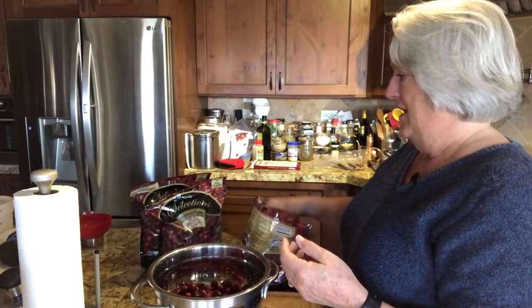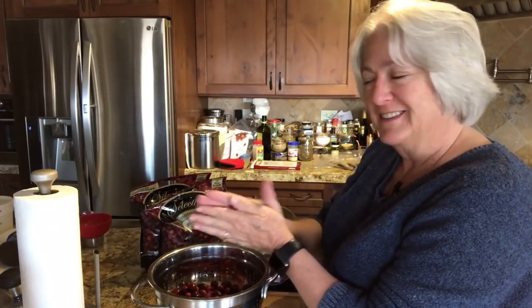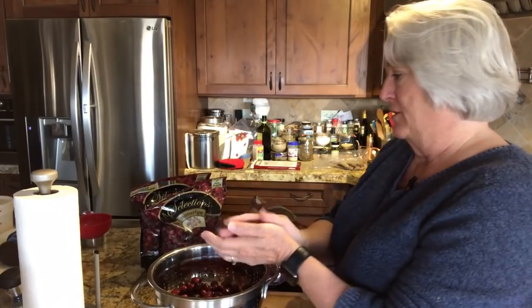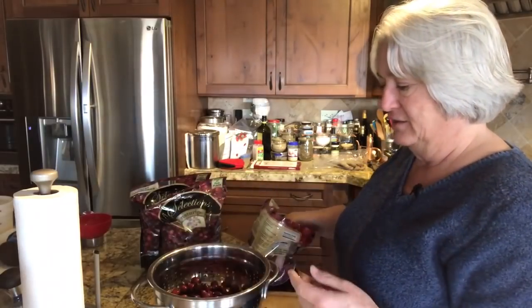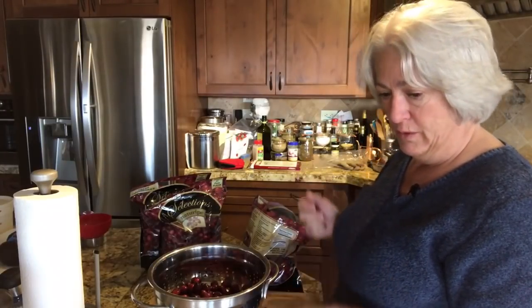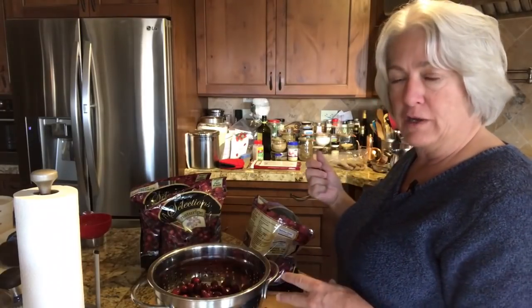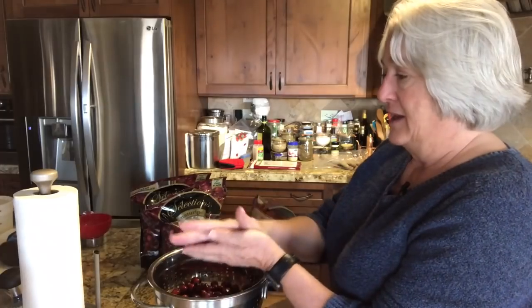So I have 6 pounds of cranberries to go through. So what I'm gonna do is go through, sort through them, wash them, and then I'll measure out what I need for my cranberry rum sauce. And then I'm gonna go ahead and measure out the rest, add an equal amount of water, and get that one going